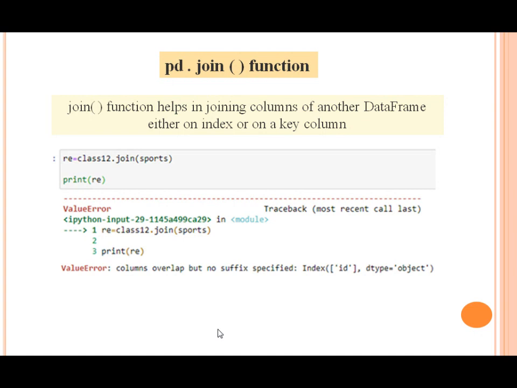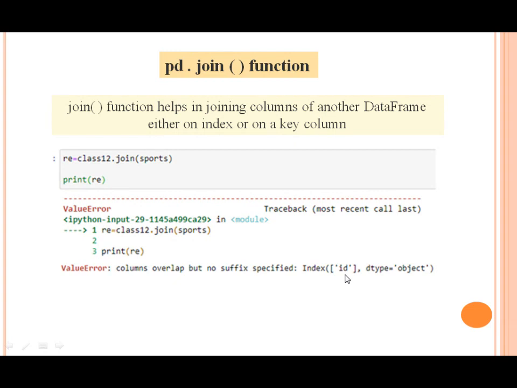Clear? So when I put RE equals class 12 dot join sports, what happened, children? See here, I had written print RE. A value error came. See the value error? Columns overlap but no suffix specified. Index ID means index is required.